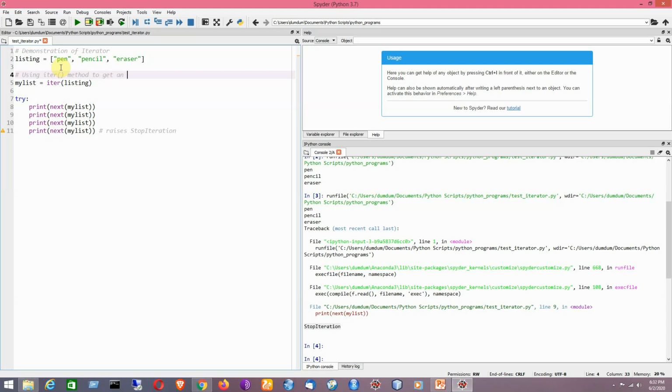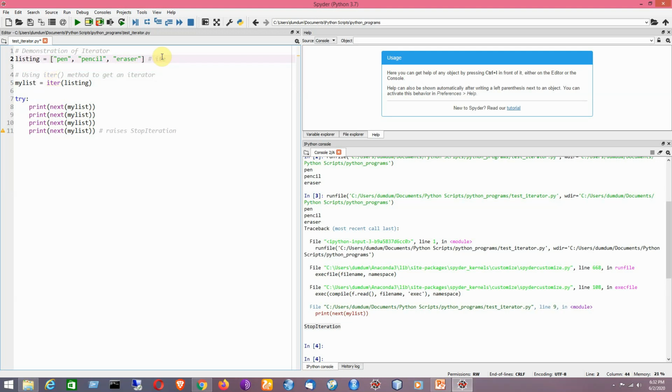To get an iterator from an iterable object, which happens to be listing here, which is basically a list. So by using this iterable with the help of the iter method, I am creating here an iterator.